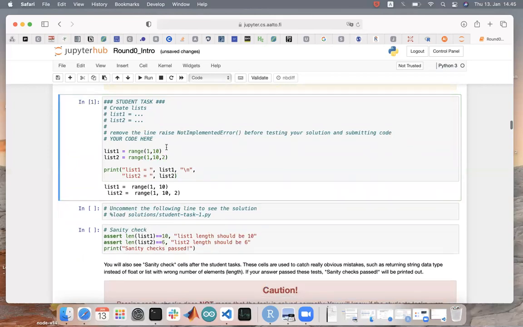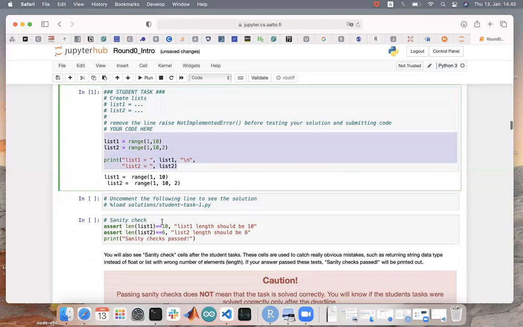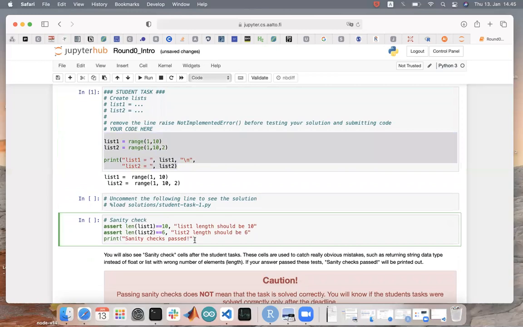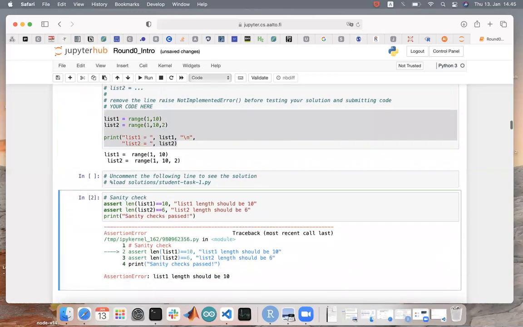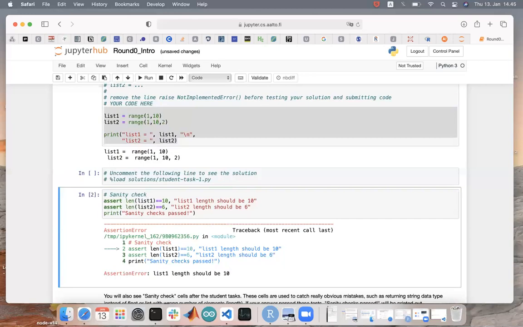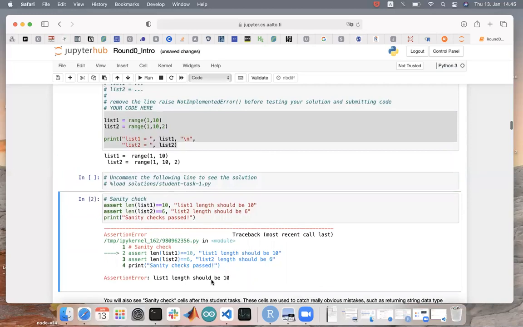So after you complete your coding, you may find also sanity checks. And if there is something wrong with the code, it will throw you assertion error. And here it says that list 1 length is not correct.